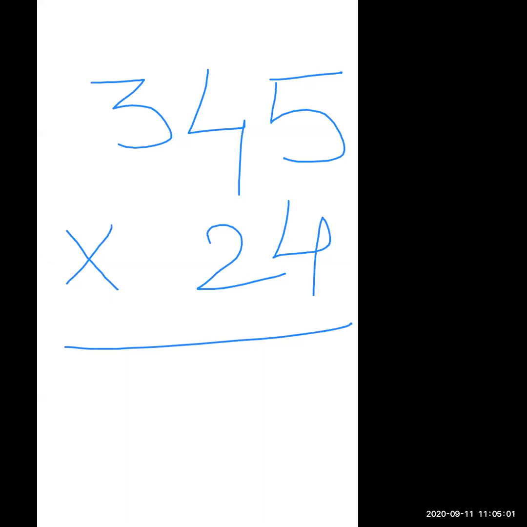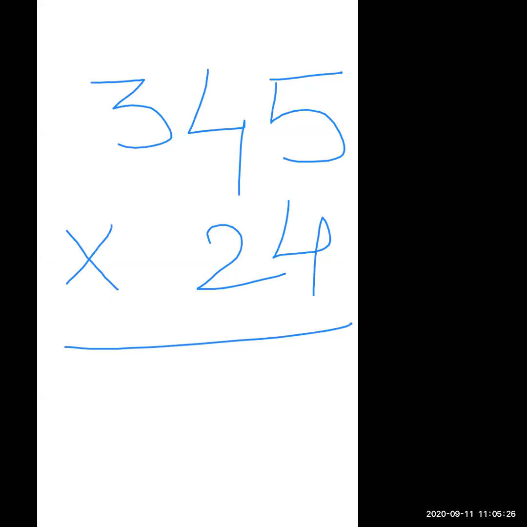Everyone, some students are given the direct answer. No, I want the name of that number. 345 is what? What is the name of 345? Very good, very nice, Tejaswini. Good. Very nice. 345 is your multiplicand.